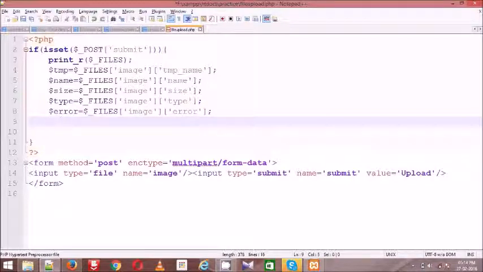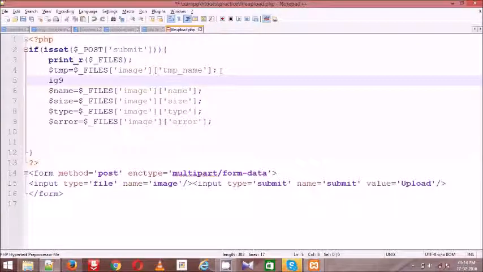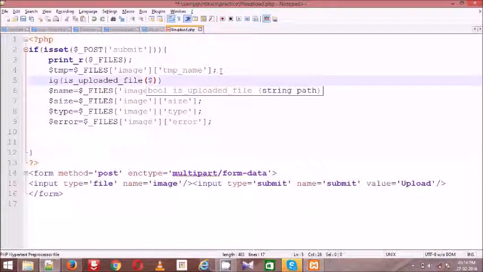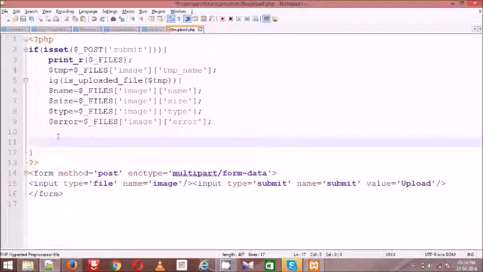One more thing, get the file upload information only when the file is uploaded through the server. To verify that, we have a predefined function called is_uploaded_file of the temporary file, and I am checking it, so that only once the user has submitted through HTTP do I want this.